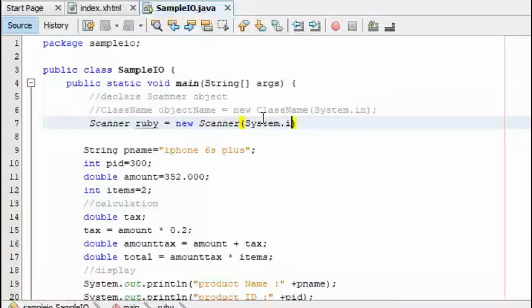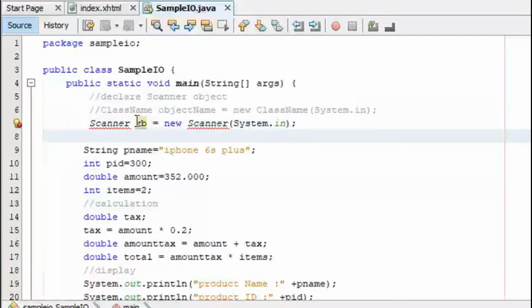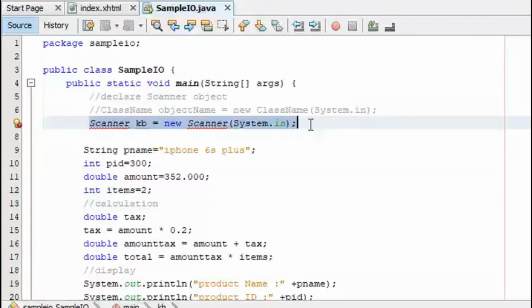And then, of course, don't forget the semicolon. Now, Ruby might be confusing, so I will just use KB for the keyboard. This is for keyboard input. So, what do we have here? Scanner KB is the object name for the scanner, equal to new Scanner System.in.